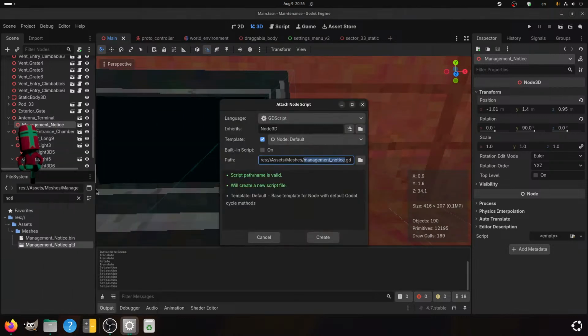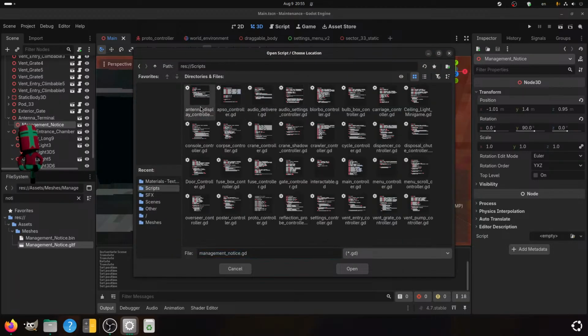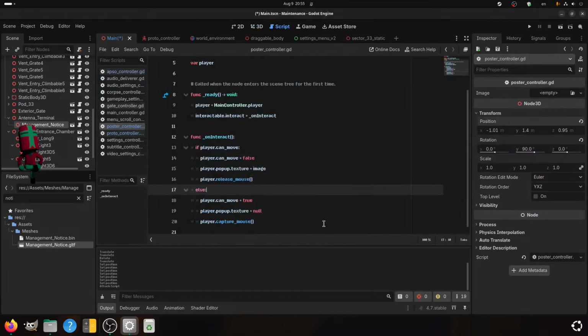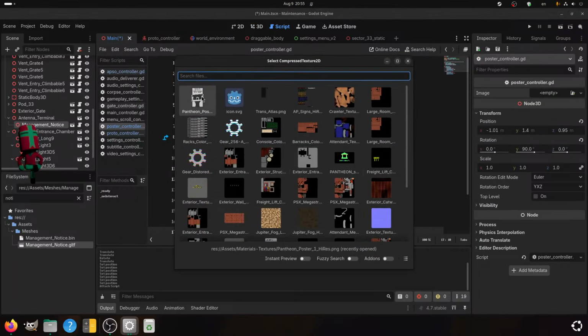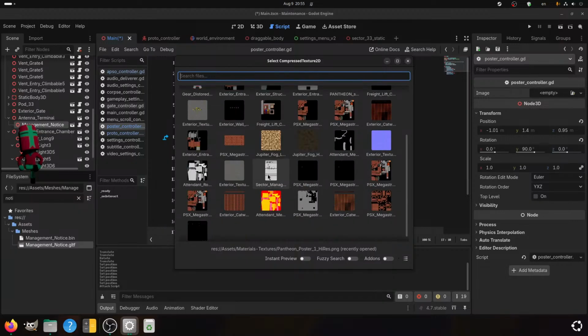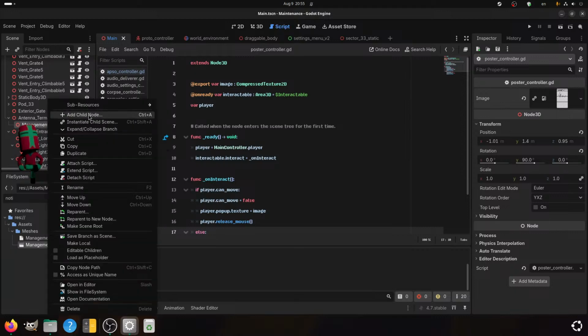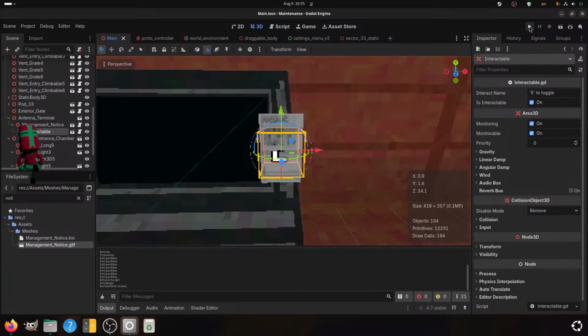And attach script. From the script, send the poster controller, open, load, image, quick load, sector management notice, and instantiate interactable. All right.